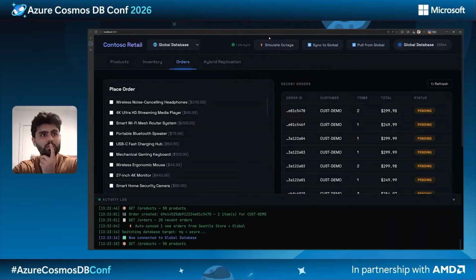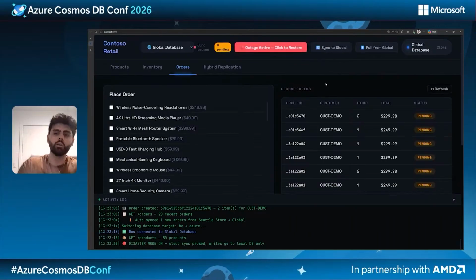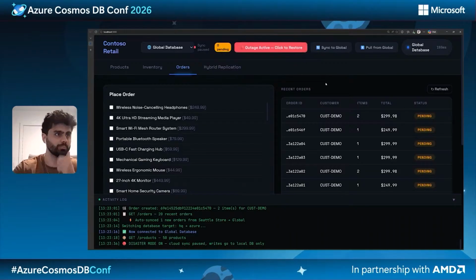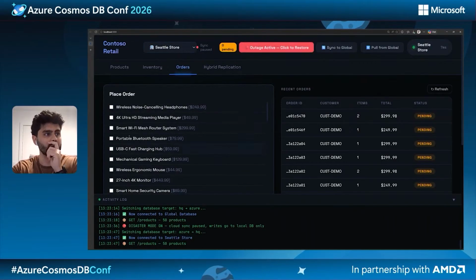I'm going to click on Simulate Outage. So everything that's connected to your local database, to your online database, has been cut off. So there's no sync between the two. So if I go back to my Seattle database and add another order, let's add 4 items to the list